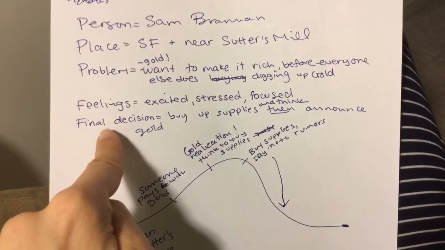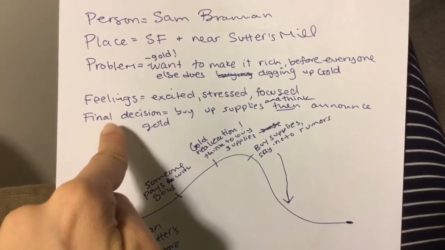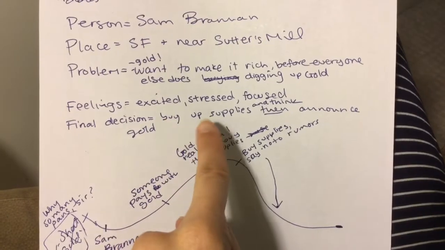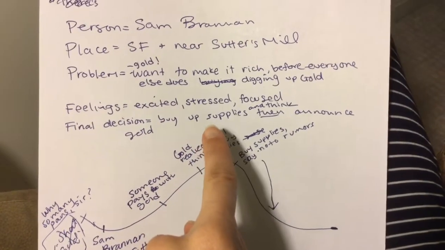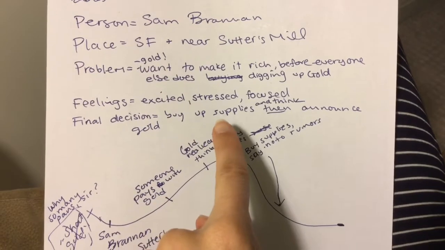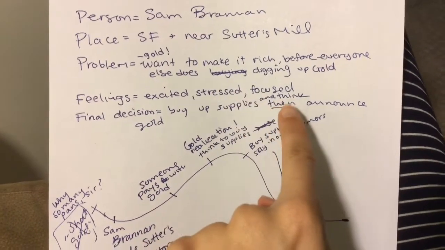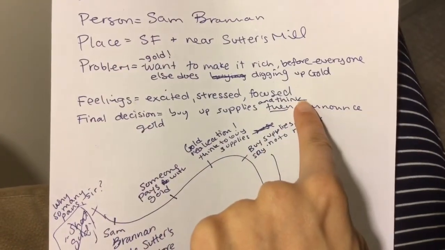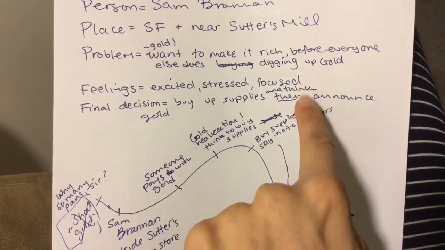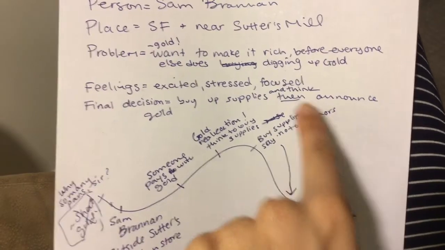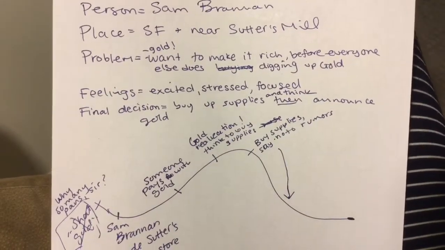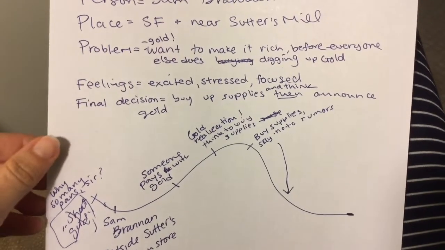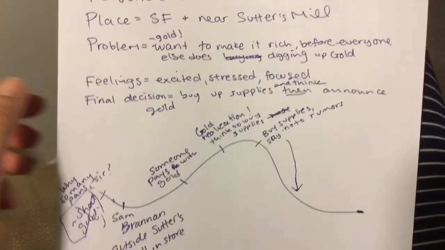This has to be the end, okay, of the 20 minutes in real time. I'm going to have him buying up supplies in those 20 minutes. He wouldn't be able to buy all of them, but buying up many of them. And then thinking about how he'll announce gold in San Francisco. Okay, he'll be thinking about it. I will not have him do it because, again, that would not be within the 20 minutes. But as everyone knows, he did announce it and people did come. So, it goes without saying.